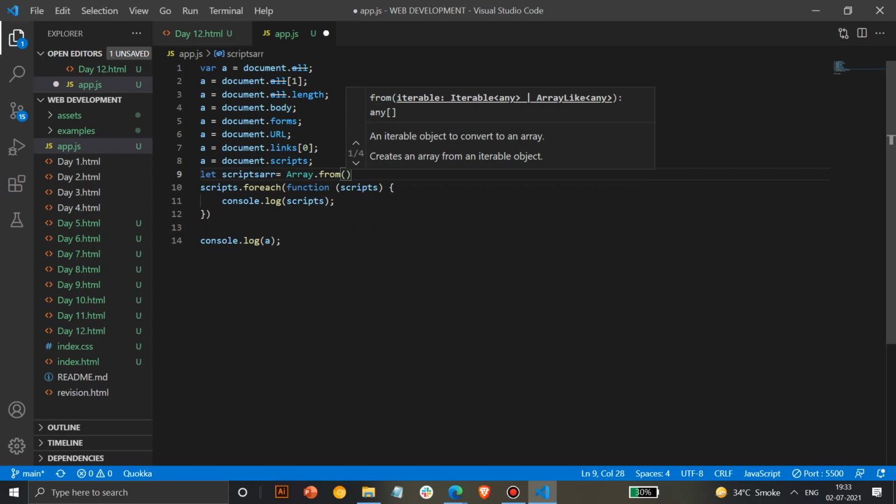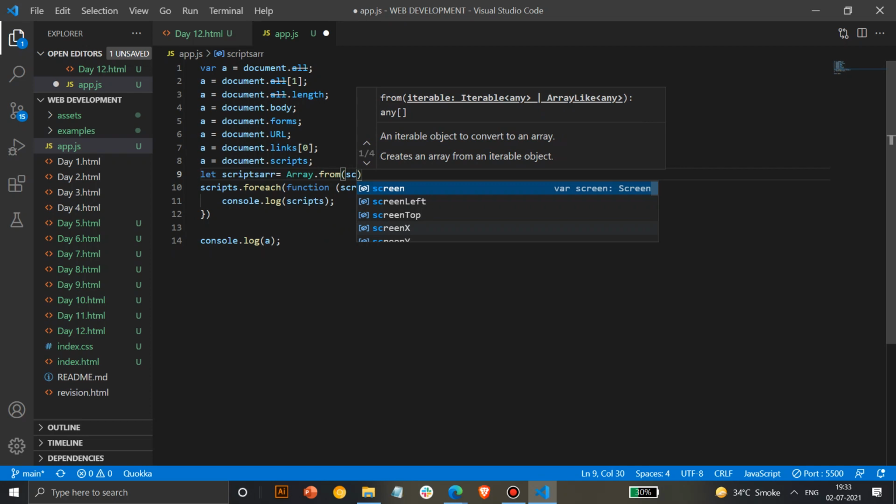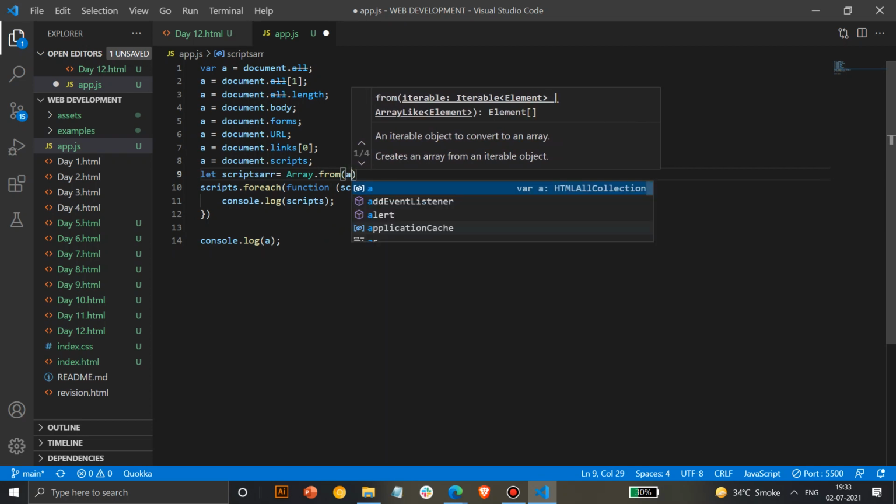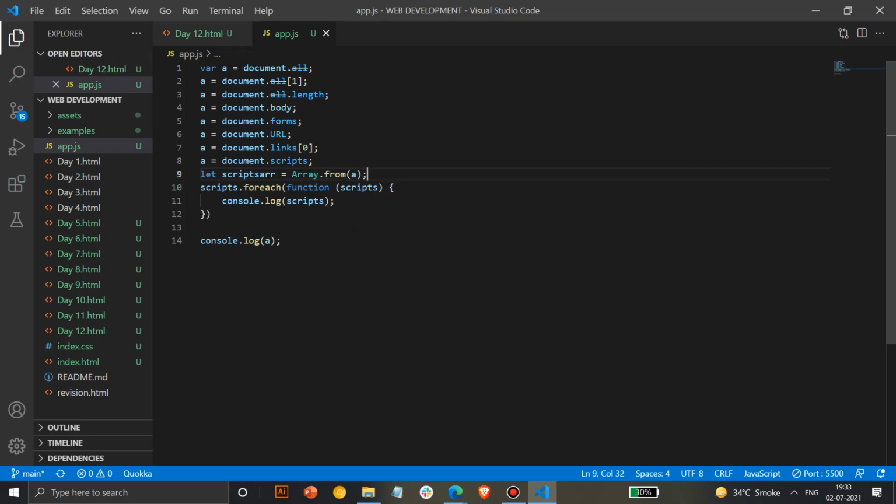Specifically we can take a, or you can take scripts, anything will work. We'll take a because this is a collection. So you have to convert this collection into an array, so use Array.from and the name of that particular collection, so that it converts it into an array.